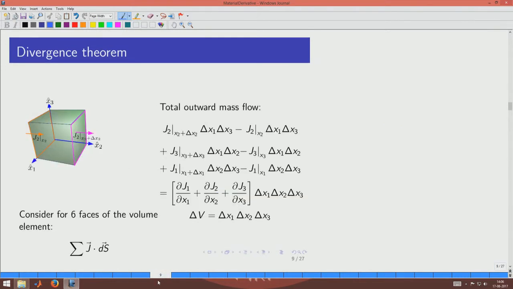Okay. So, whenever we now are looking at the summation of the flux through all the phases, then we come to the concept of divergence. To get the divergence theorem, we have only a few steps to get it, and what we do is like this: consider all the 6 faces of the cube and look at the quantity that is given here, sigma j dot ds. What is the total outward flux of mass through all the phases together? So, you take it for one phase at a time. So, you have got 6 terms, and the 6 terms are given here.